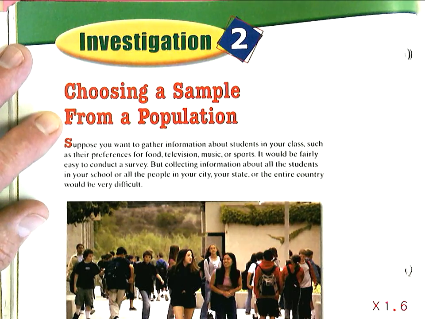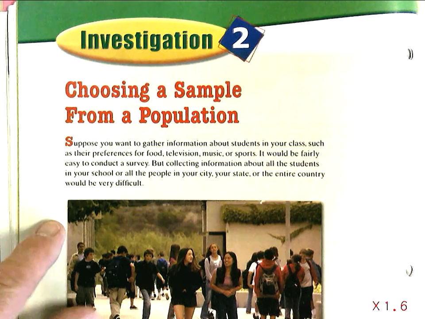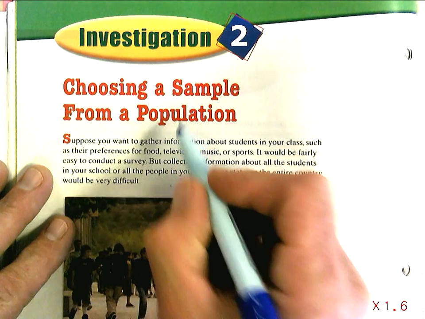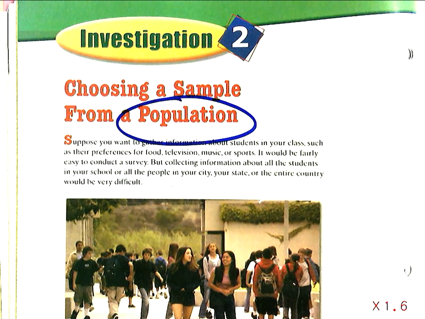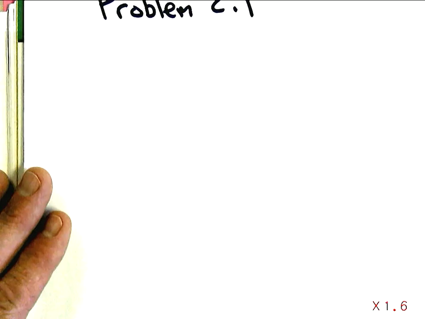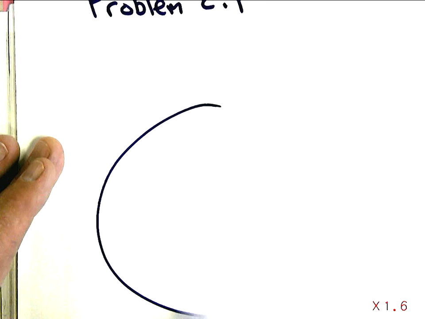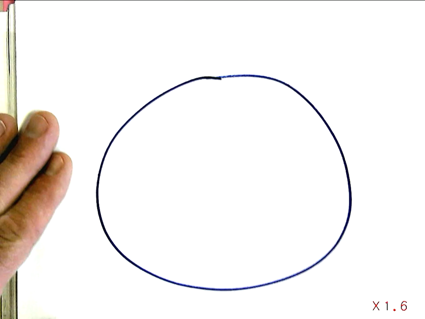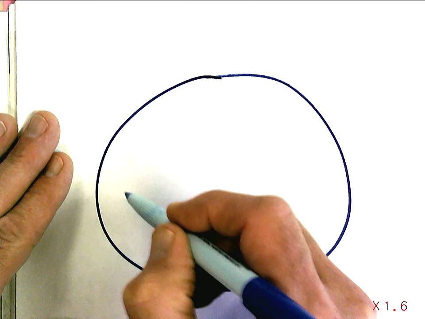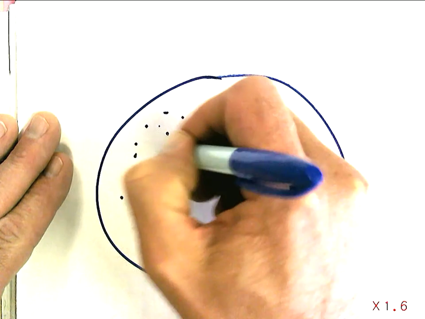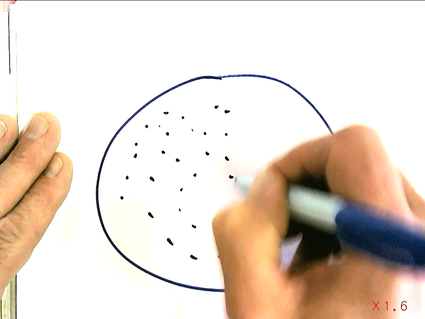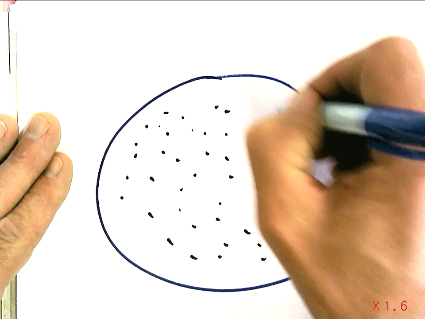So the first term we need to understand is this term population. When we talk about a population, we're talking about the entire group of people. So we could think of it like this. If I were to draw a big circle on my piece of paper, and these dots would represent people or whatever it is that's a part of the group. And I have all these dots,